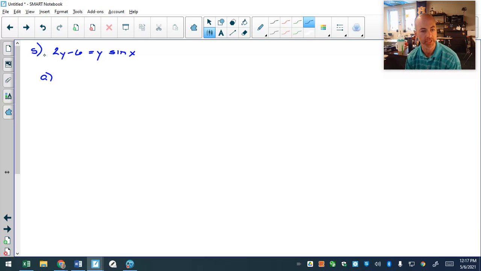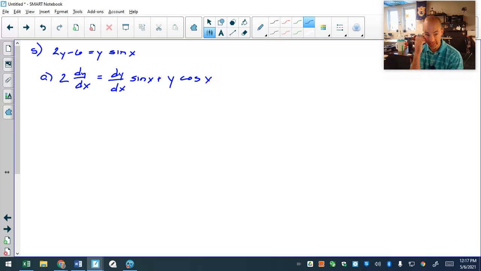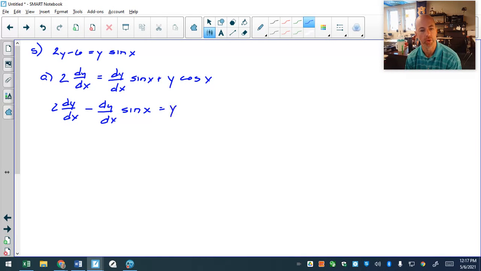It's an implicit differentiation. The derivative of 2y is going to be 2 dy dx. 6 will zero out. We have a product rule over here. So the derivative of y times sine x plus y times the derivative of sine x. And we need to solve for dy dx. And when you're proving a problem, when they give you the answer, you don't want to skip steps. So I'm going to very meticulously solve this. I'm going to subtract the dy dx term. And we will have y cosine x